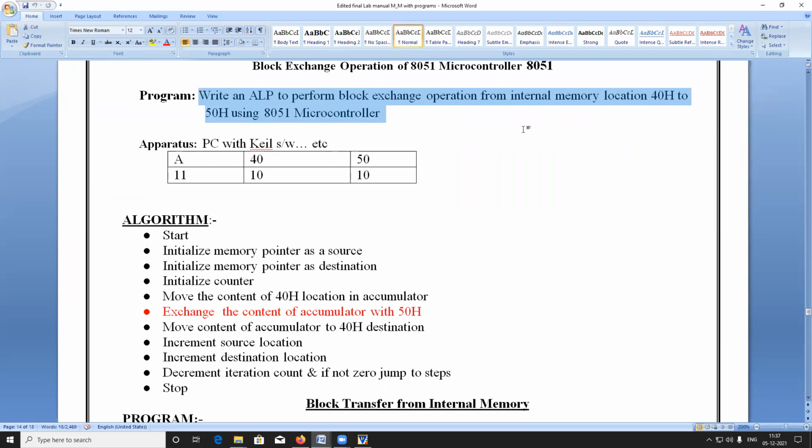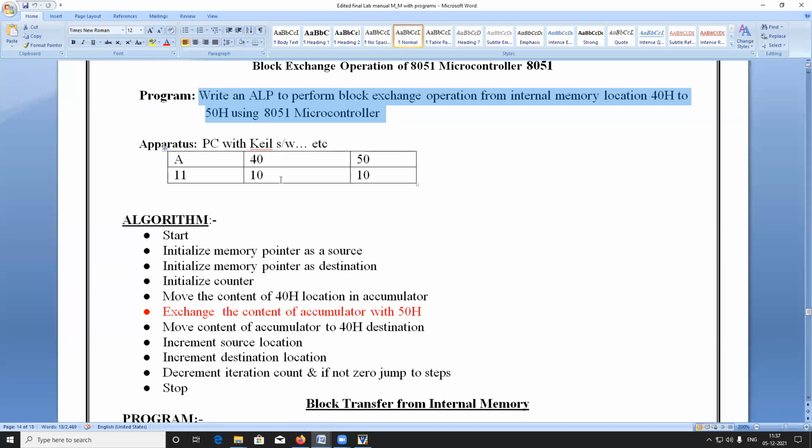What we have to do here is exchange the numbers between 40 and 50. 40 is one location, and at that location there are some numbers. You have to exchange the numbers, which means you have to transfer the 40 numbers to 50 and the 50 numbers to 40.